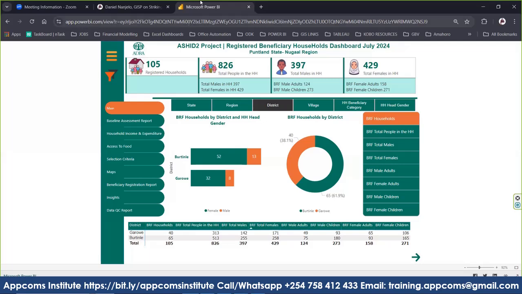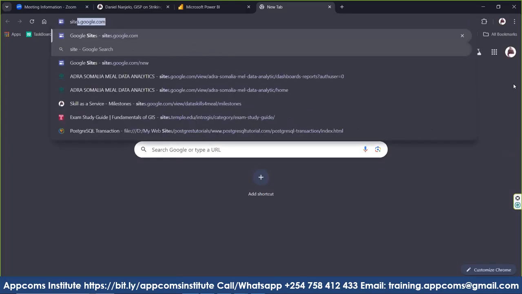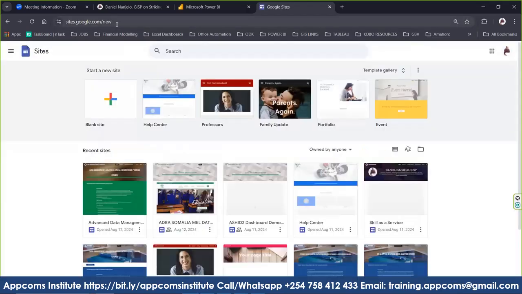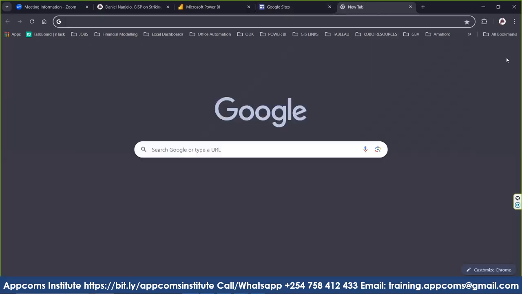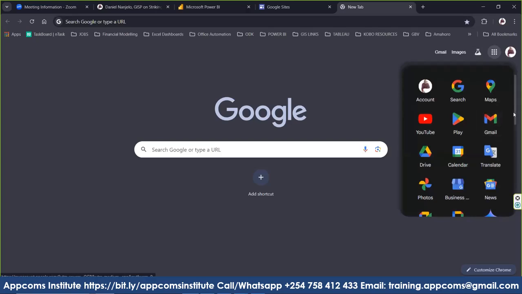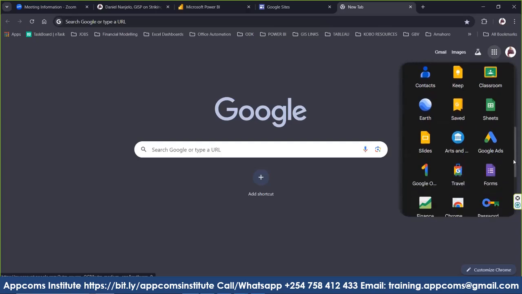Okay. Now, Sites, how do we access Sites? So the first thing you do is make sure you have a valid Gmail. And then simply go to sites.google.com, and you click new. Now, another way you can access that is to go to your Google Apps button, and then you can search. You can just scroll down. You should be able to see,